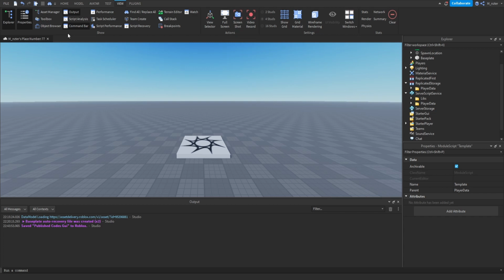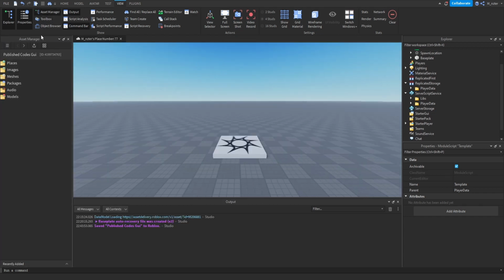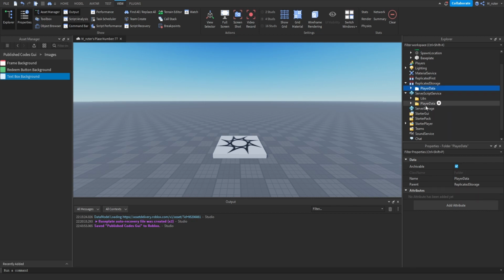If you're ever having issues accessing those images, all you have to do is go inside of the asset manager, click on images, and then you should see all three of those images that we uploaded right here. The reason that we needed to upload those images is so that we could actually use them to create our GUI, and the reason that we added scripts into our game as well is because I'm giving you guys sort